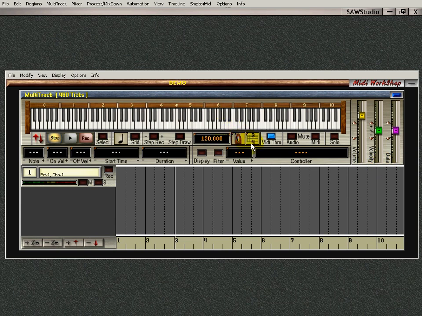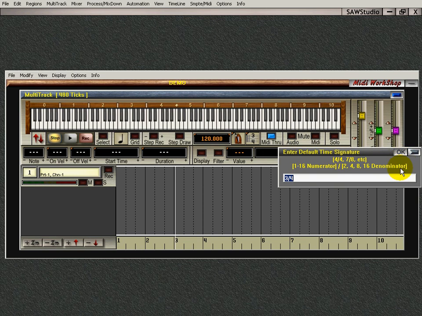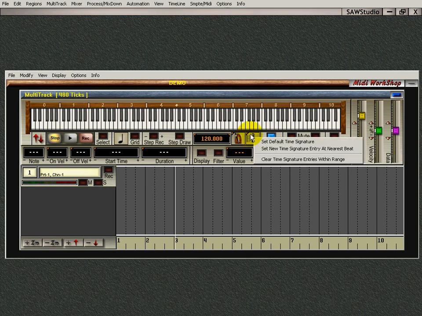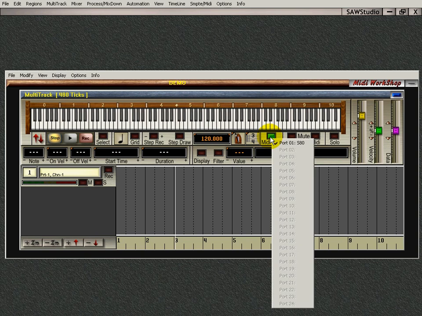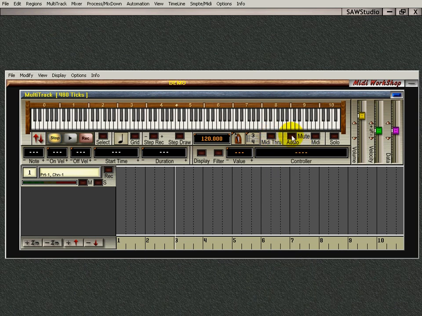Next, you have your time signature readout display. You click on that and you can change the time signature. And there's other options in there. Set new time signature and clear. Pretty easy to understand. Next you have your Midi through option. If you right click that when it's active, or when it's not active, you can select the port. Here you have your Midi, your auto mute and your Midi mute. Straightforward, easy to understand. Here you have your